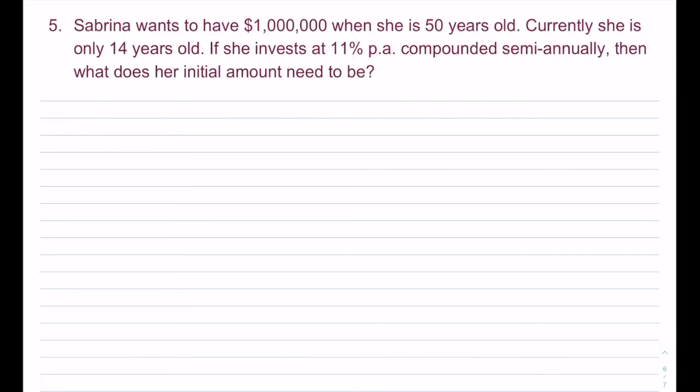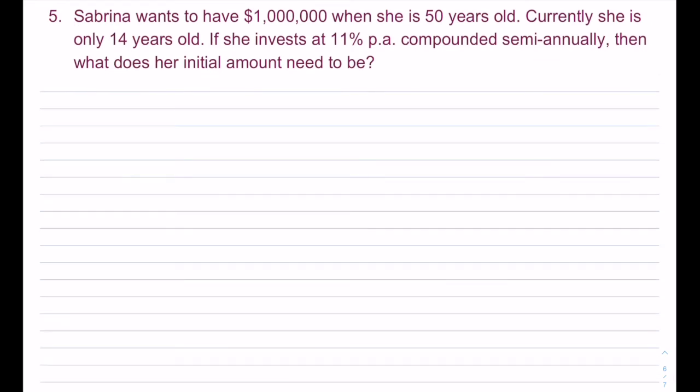So for this question number 5, we know that it is compounded already. All right, so we have that. Now, we want to have $1 million at 50 years old, and we're currently 14. Okay, so now, what does the initial amount need to be? So for this example, you can go right in, so it's compounding, so M